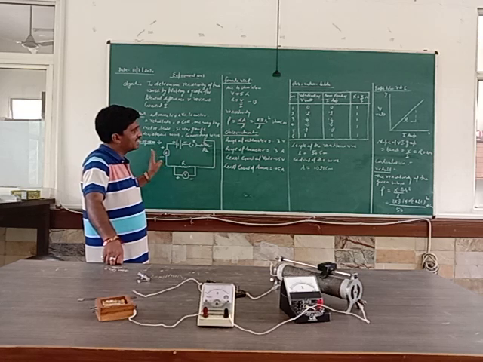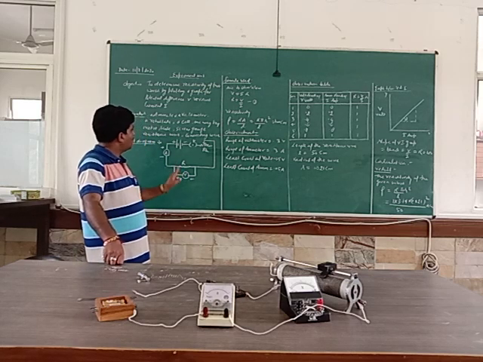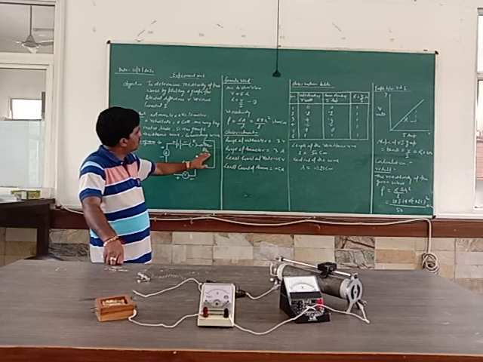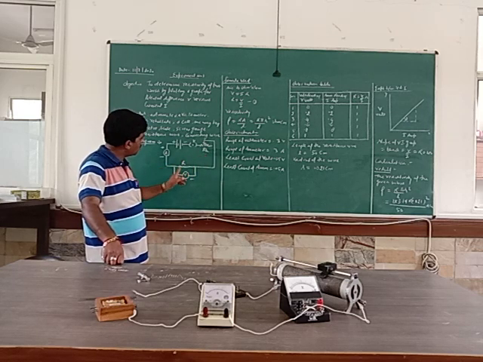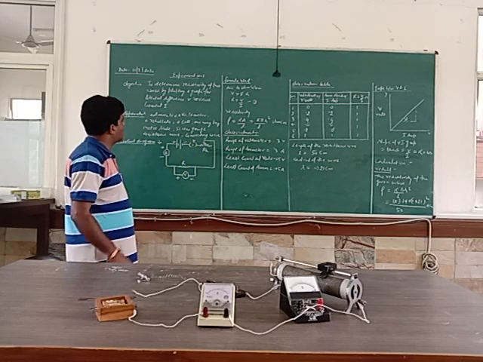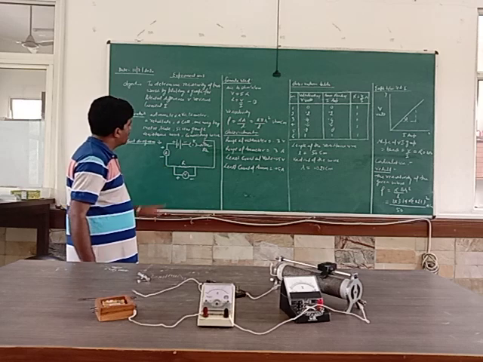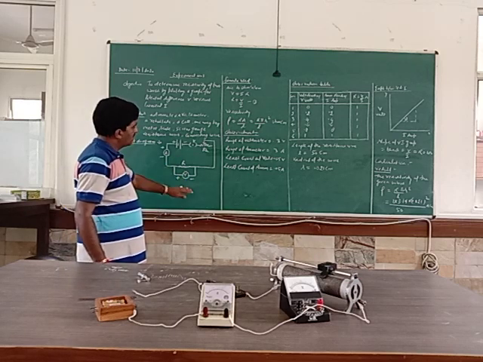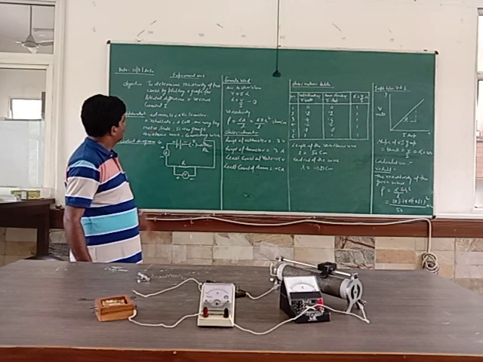The ammeter is used to measure the current, and the voltmeter is used to measure the potential difference across this wire. Here we are using the rheostat as a potential divider. We change the voltage across this resistance wire with the help of the rheostat. When the voltage changes, the current also changes. So we will note the readings of voltage versus current. The voltmeter gives the voltage reading and the ammeter gives the current reading.